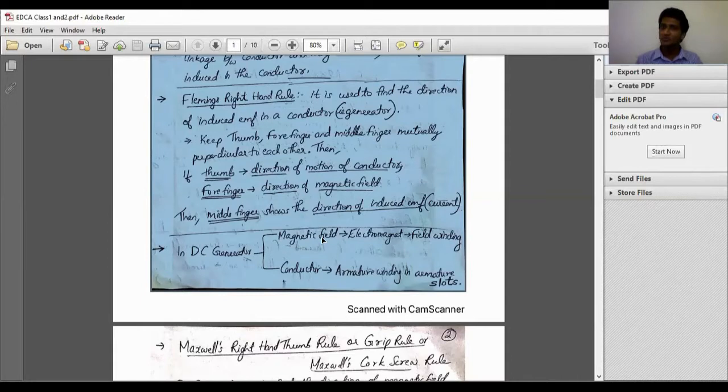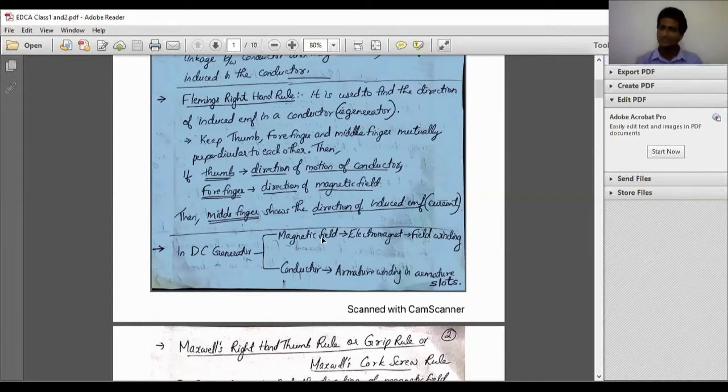Then what we have to do in a DC generator? By using the prime mover, we will rotate the armature. Now the armature is rotating in the magnetic field. Then according to Faraday's law, due to change in flux linkage, an EMF will be induced in the armature winding. And keep in mind, according to Faraday, wherever EMF is induced, that quantity is an alternating quantity and it is not DC. The induced EMF will be AC and not DC.